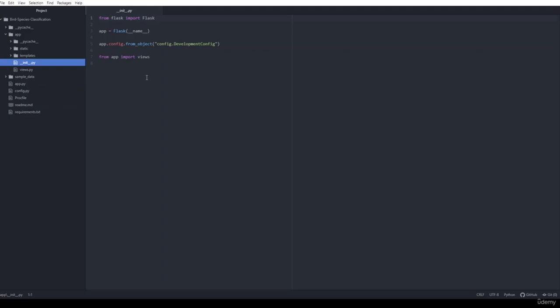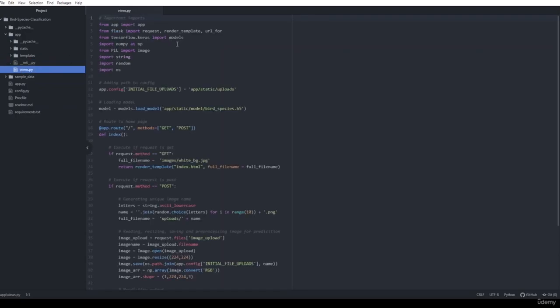After that, you can see that we are importing views from app. So let's see what the views.py file is. The views.py file is exactly the same as the model that we have created. In this, we will import some of the required libraries.